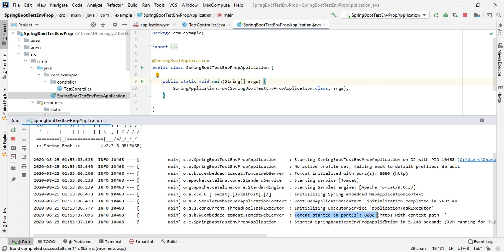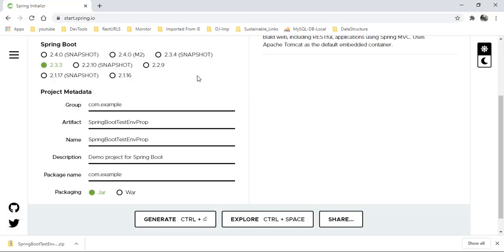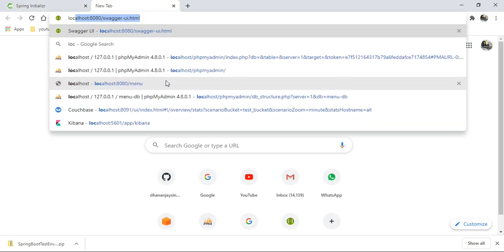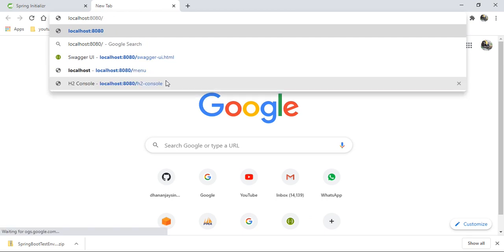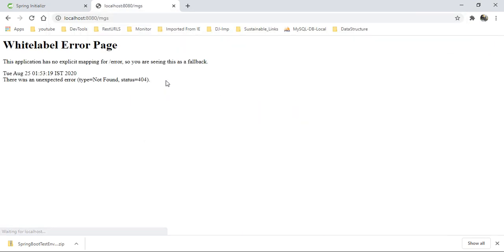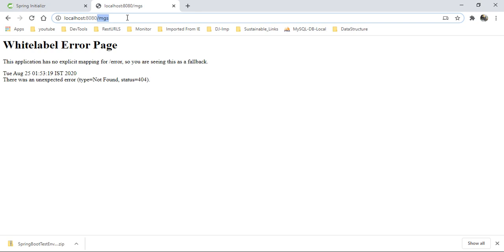So the application started on 8080 port. Let's go to localhost:8080/message. If you see here, we are getting welcome to dev environment.